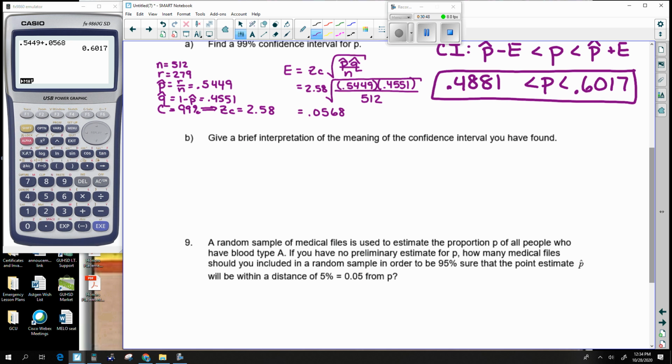Okay, next we give a brief interpretation of this. So we begin with our confidence. So in this problem, we're 99% confident that, talk about the middle symbol. Is it a mu or is it a p? Say the words. So is it an average or a probability? This is a probability. We're 99% confident that the probability, not the average, but the probability